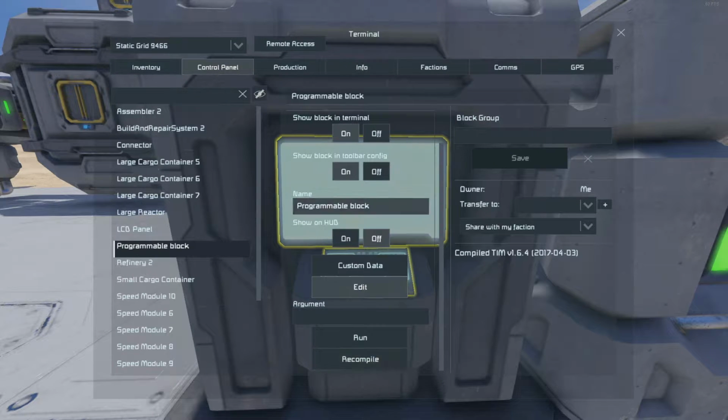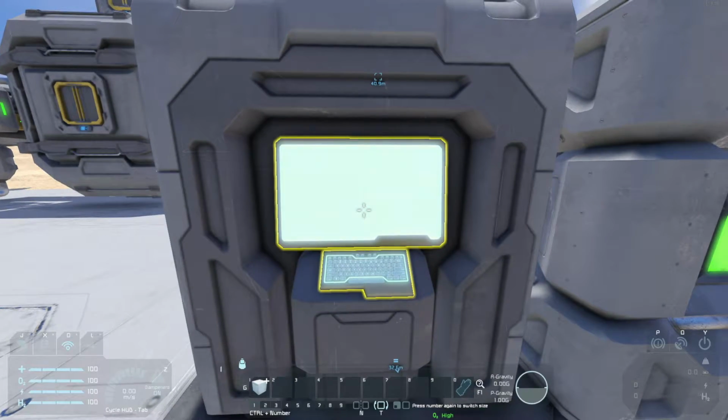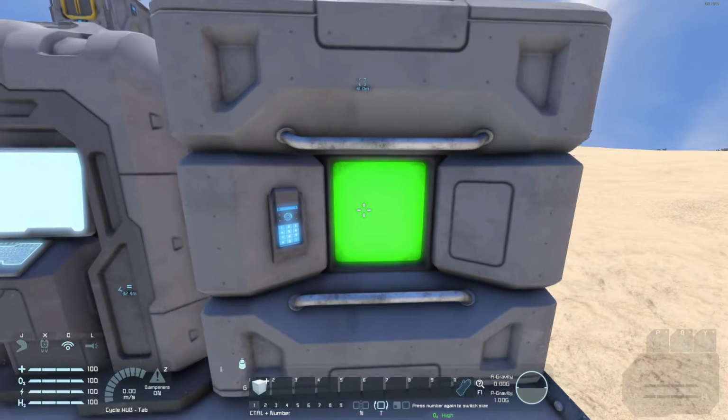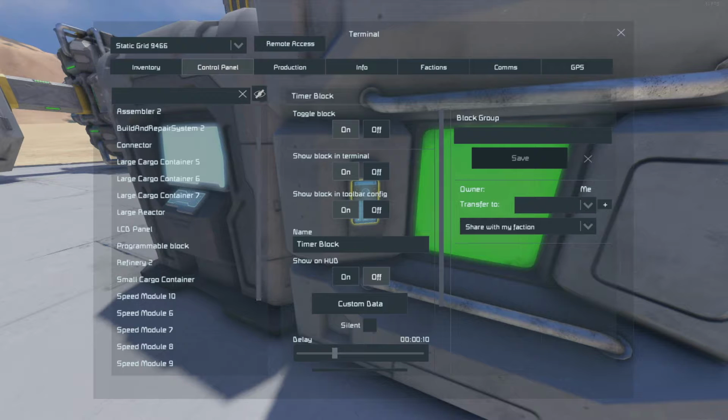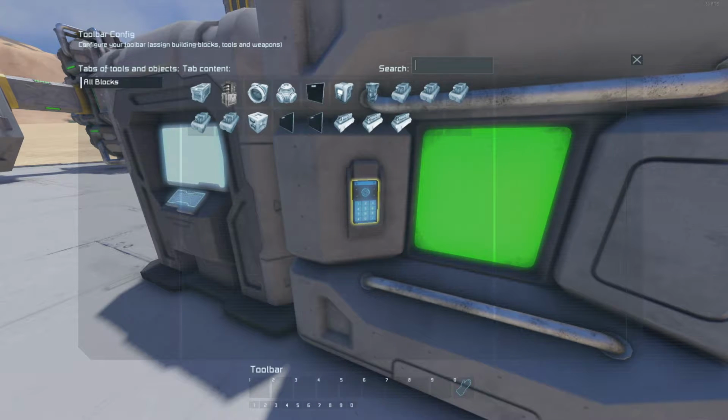So now the programmable block has Tim installed in it. That's part 1. Part 2 is to use a timer block, and again, here's one that I prepared before the show. So we're going to come into this timer block. We're going to set the delay. We're going to leave the delay at about 10 seconds. Tim works absolutely fine on a delay of 5 to 10 seconds. So we're going to set it silent. We're going to set up the actions. The first action is going to be our Tim programmable block. We're going to run it with the default argument. And then we're going to call our timer block